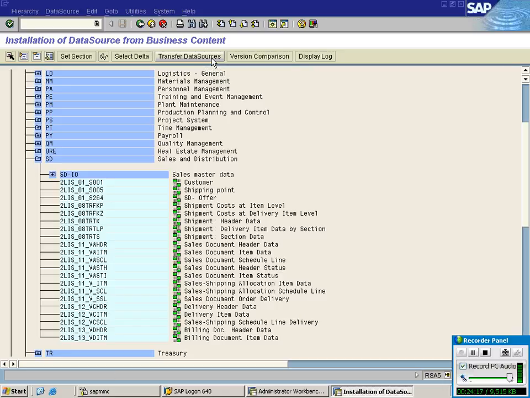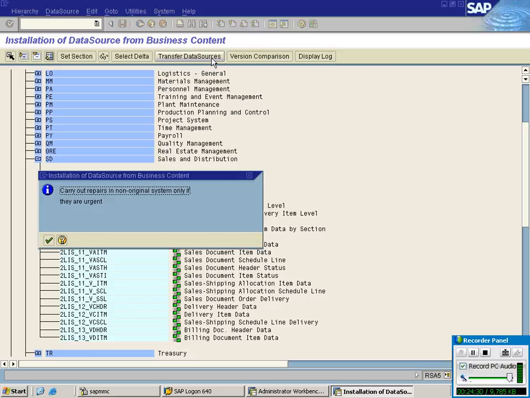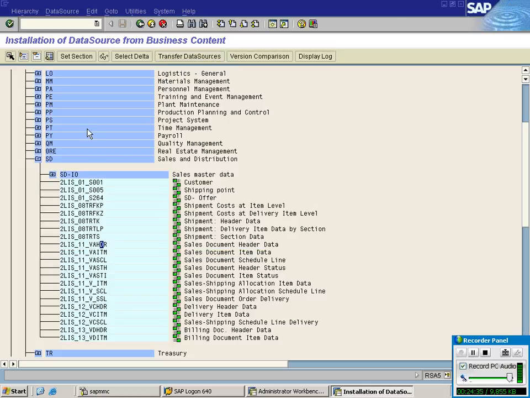You can just go back, transfer data source. Message, continue. You are going to get the request number as well.